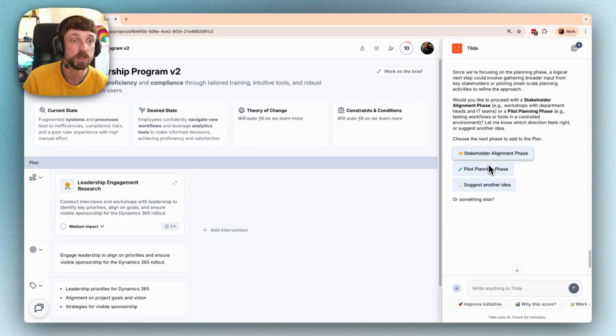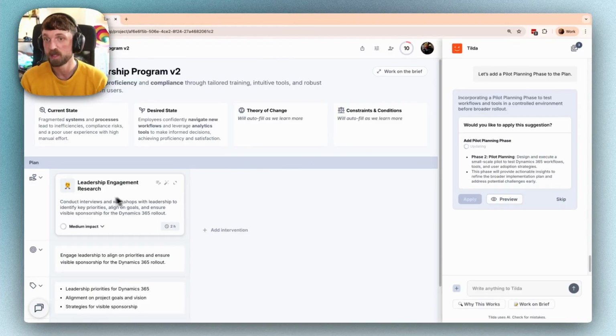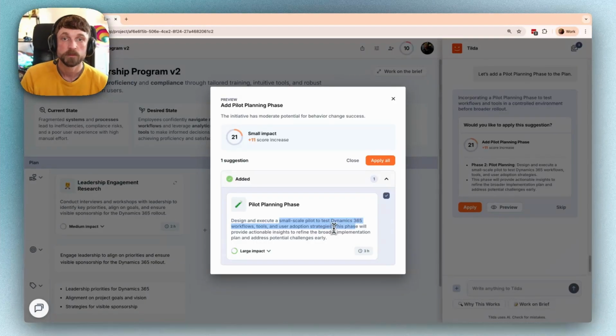A stakeholder alignment play, a pilot planning phase. Let's add that in once we've got a little bit of data from those interviews and workshops. And it's suggesting a small-scale pilot to test Dynamics 365. Brilliant. And what you can see here, this is what we call the behavior change score, which uses research in